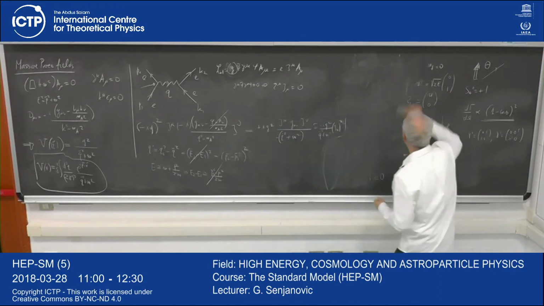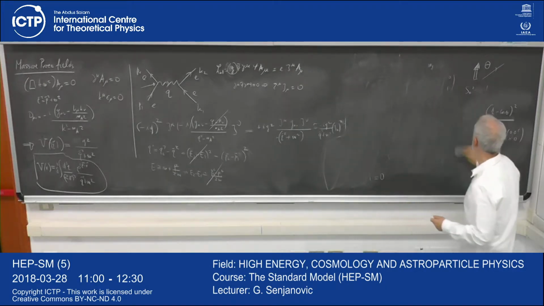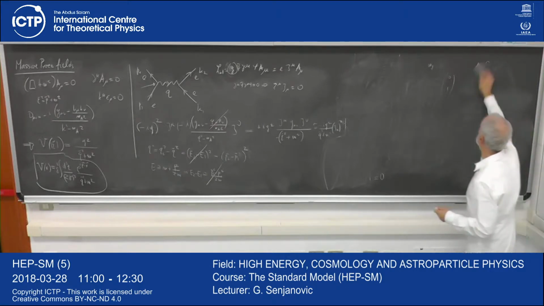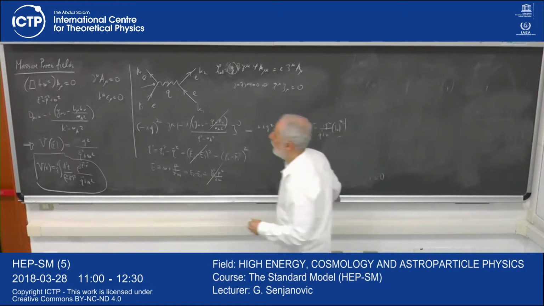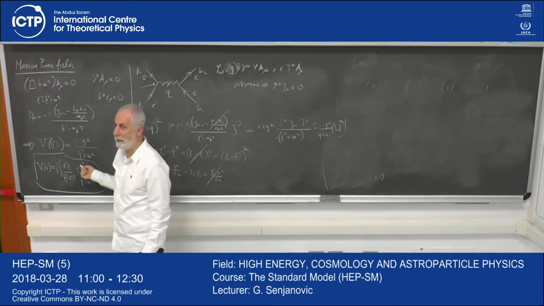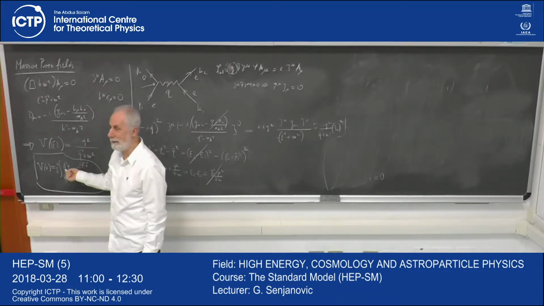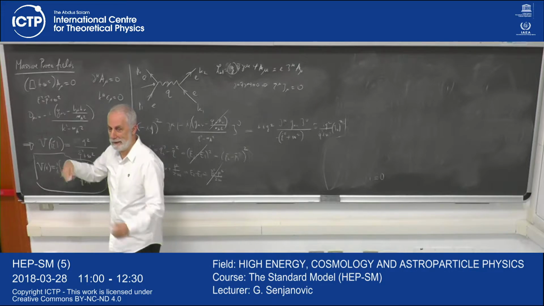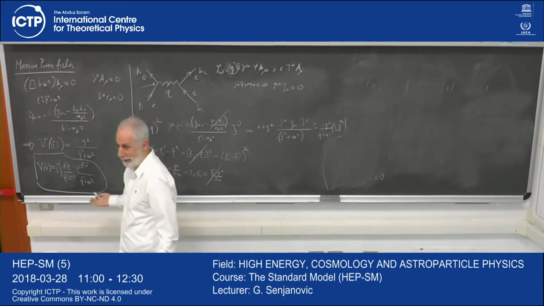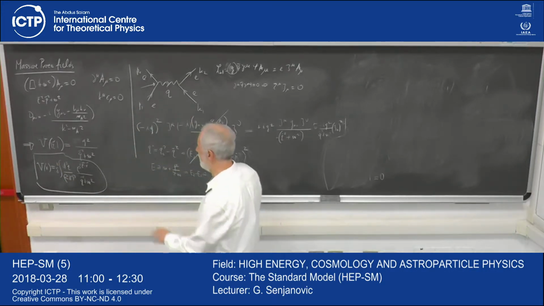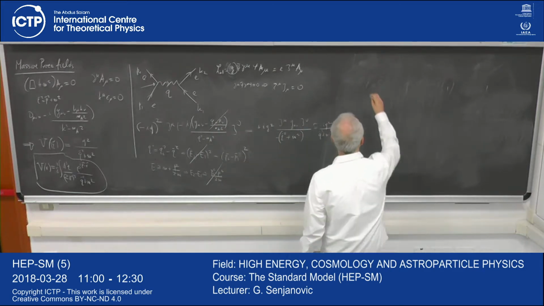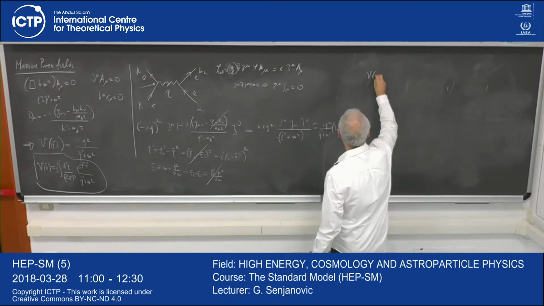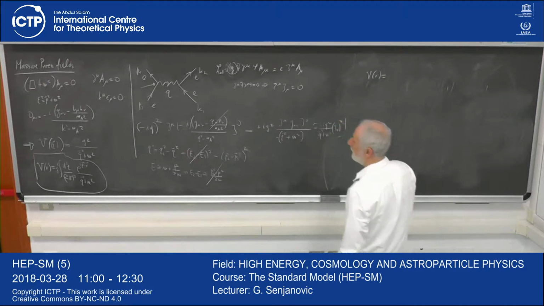It's a straightforward thing to compute this. Notice it does not depend on whether I take plus or minus i q r, because I can change q into minus q, the integration changes and so on. That of course will not depend. This is a well-defined thing, the sign is defined. So V of r is